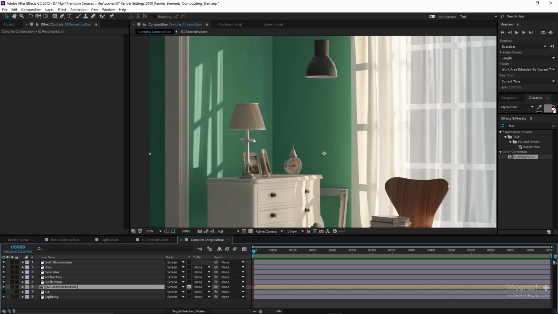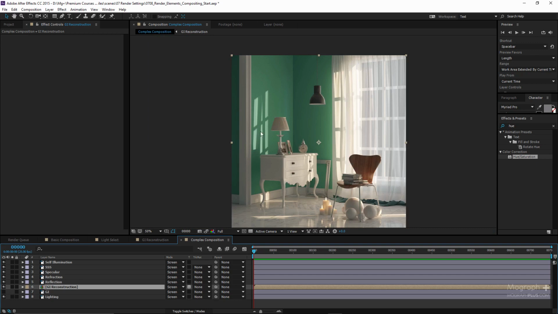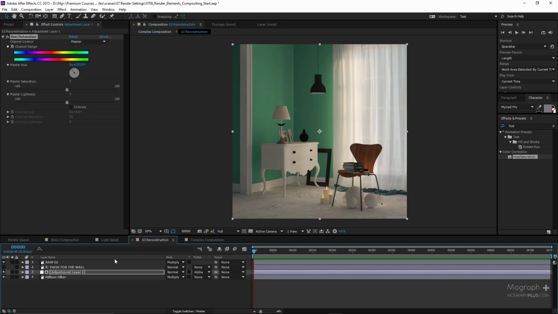Simply reconstruct the lighting path by multiplying the Viri raw lighting and Viri diffuse filter, isolate the wall and adjust its color the way we did it for the GI path, and use the resulting comp instead of the lighting layer in the complex composition. Or we can simply